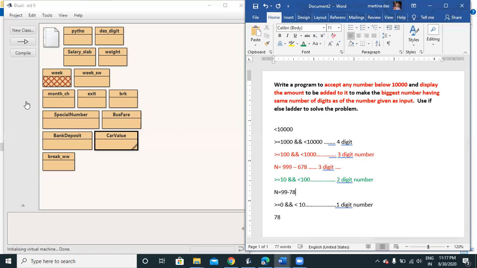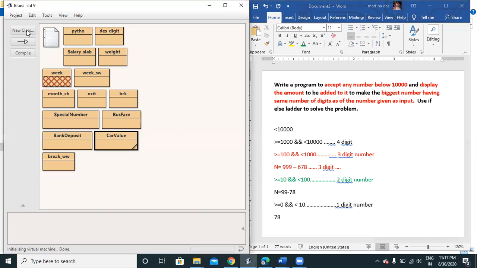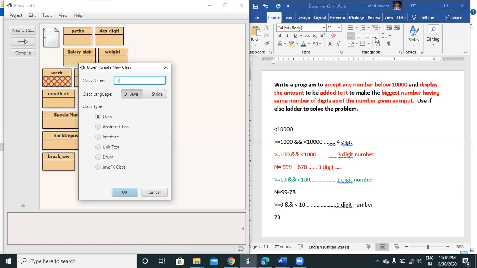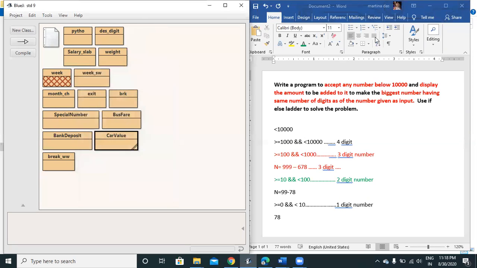So now let us go and write a program. How do we write a program? First we define a class. Let us say I give the class name as digit.